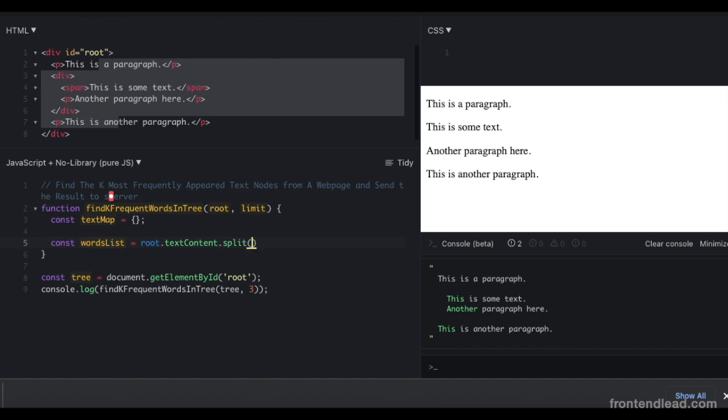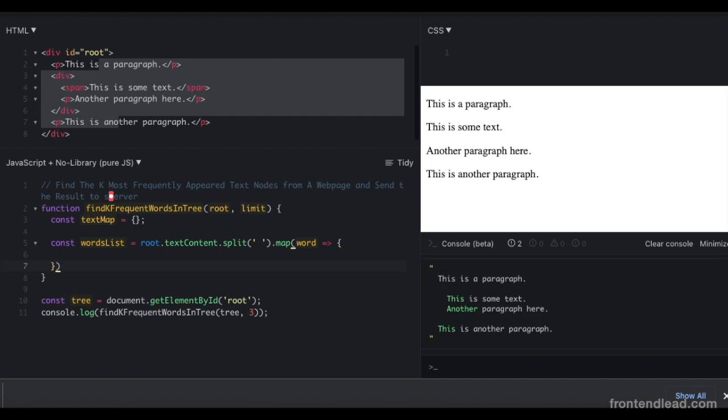We're going to split this by spaces. So now this is a list. Now we'll say dot map, and then we get each individual word from inside here. And in here we can do some word manipulation. First thing is get rid of spaces. And there's probably a better way to do this using regex, but for the sake of